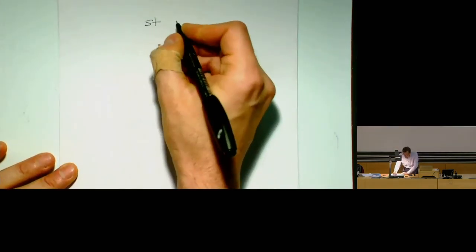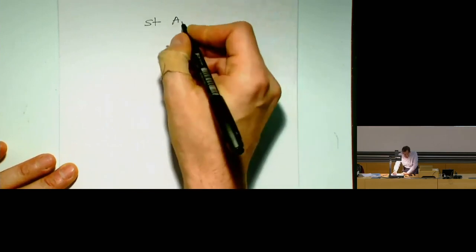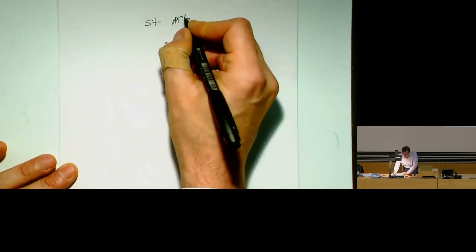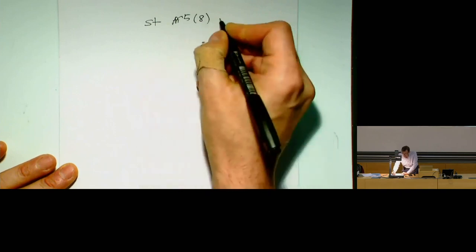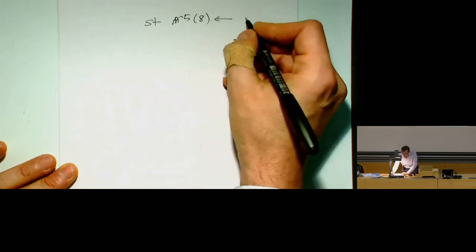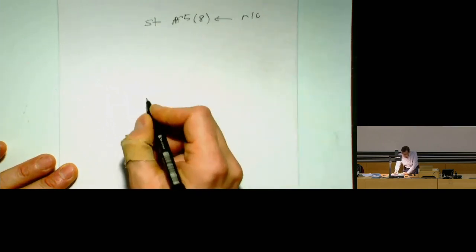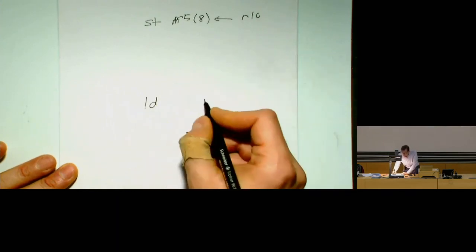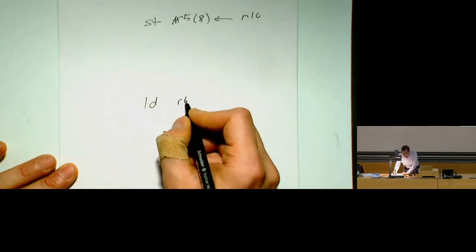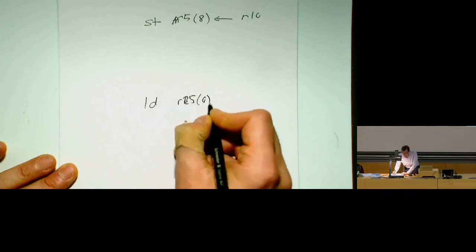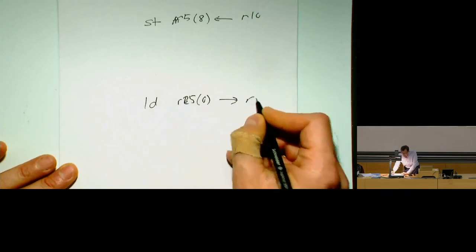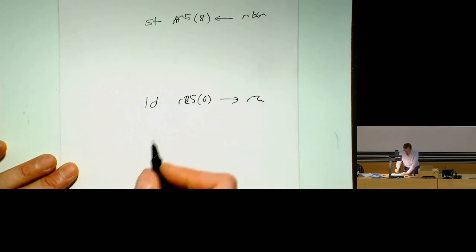I think we're going to switch back and forth a bit. So let's assume that we have a program, you have a store instruction here. It basically computes an address based on R5 and with some offset. And then it writes, I don't know, R10 over here. And then we have a load instruction that computes its address based on R25. And then writes the result into whatever register. It's not important. This is also not important. So the key question is,